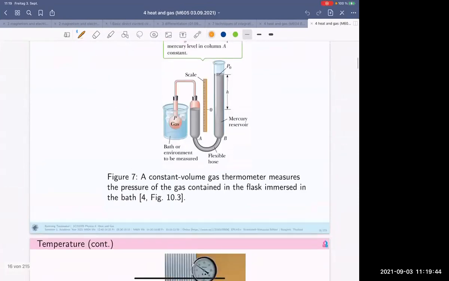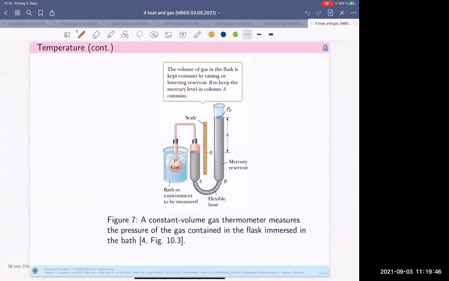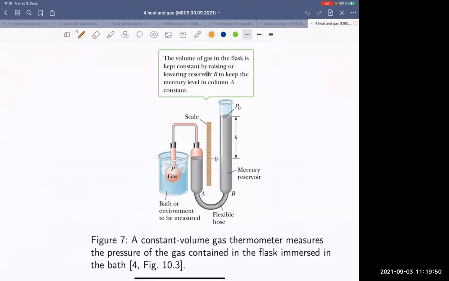Here we have the volume of gas in the flask kept constant by raising and lowering reservoir B. We can lift it up and lower it down